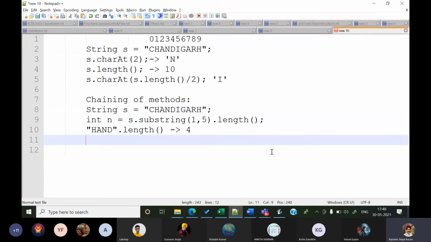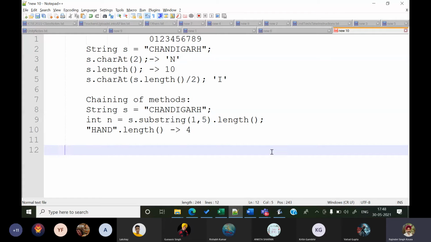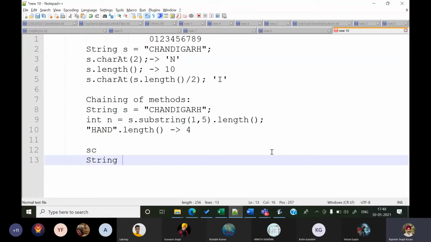Let me ask you one more thing now. Let's see your logic, guys. I have created sc as the Scanner object, and if I write String t is equal to sc.nextLine().toUpperCase(), what do you think it is going to do? It converts it into uppercase.